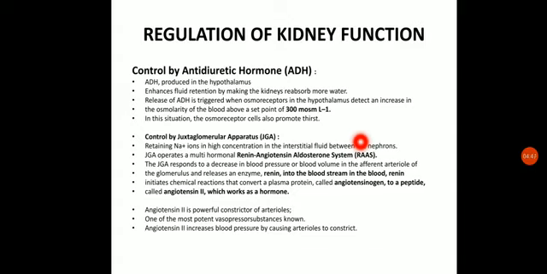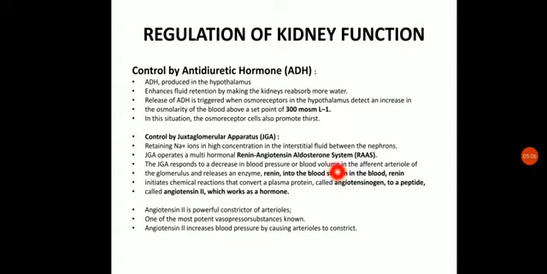Okay. Now the JGA, how does it function? Whenever the blood pressure or the blood volume is decreased, during this process, when the pressure or the volume decreases, the afferent arteriole of the glomerulus